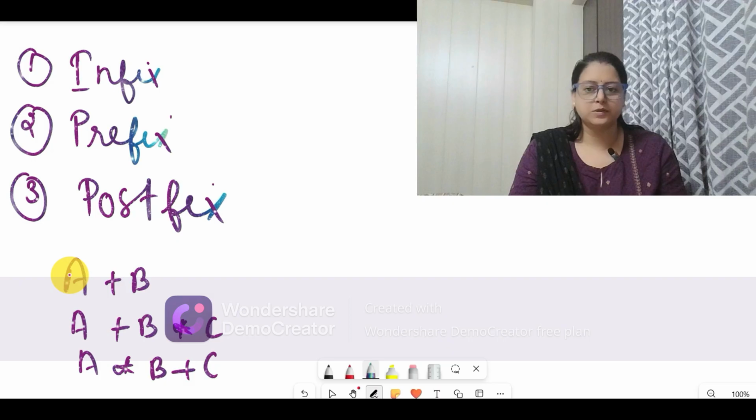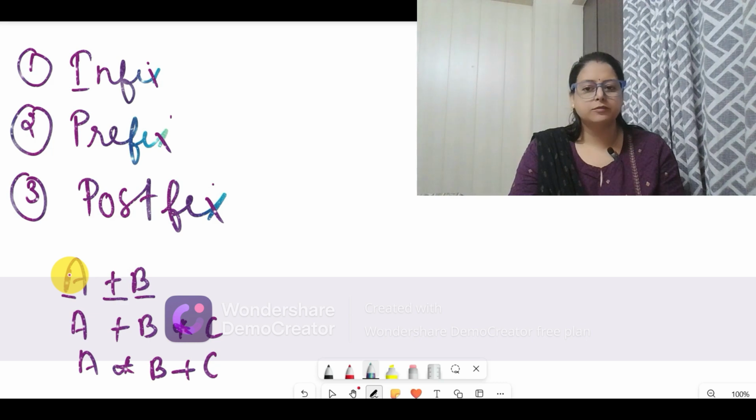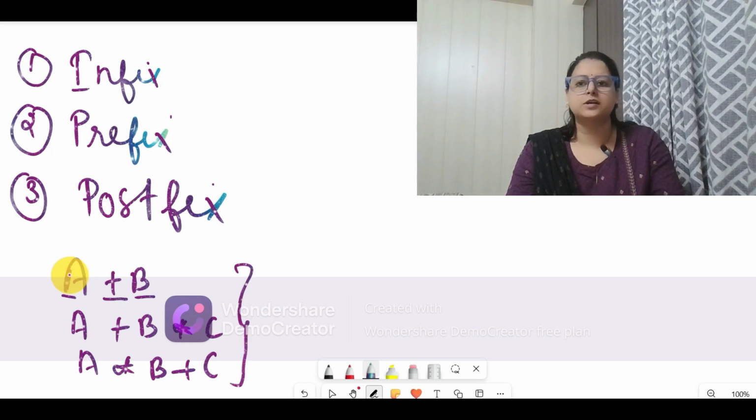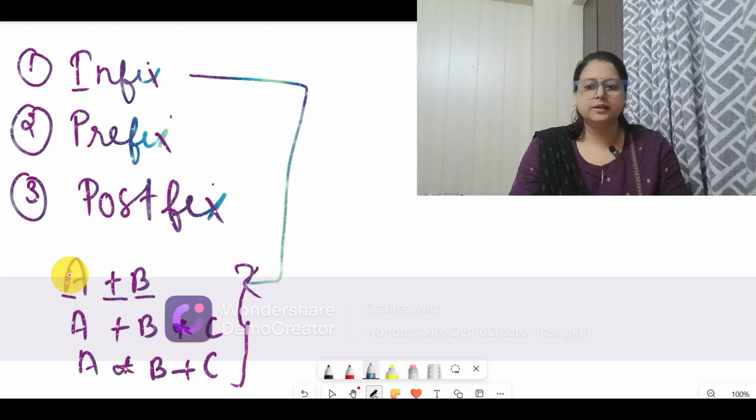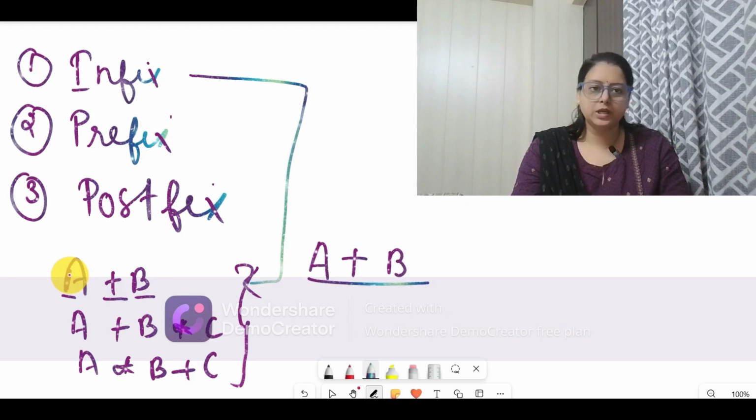This is our form of expressing expressions. So what is this form called? When the operator is in between and the operands are on the sides, this form of expression is the first form, which is called infix. Here in infix we use this style. First of all we write the operand, then the operator, then the second operand. This is what we are used to. This is our form of expressing things, and if a combination comes, we write it like this.